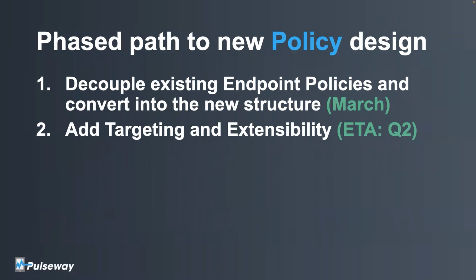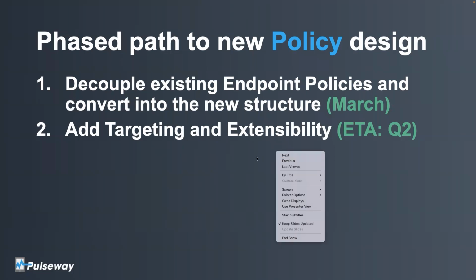The targeting and extensibility isn't here yet. We've just started with changing the structure of the existing policies. Sometime in Q2, so sometime in April, May, June, we will introduce the targeting and extensibility feature,